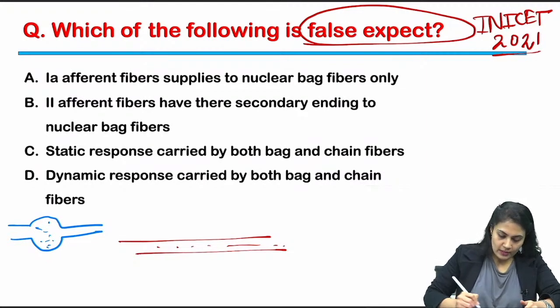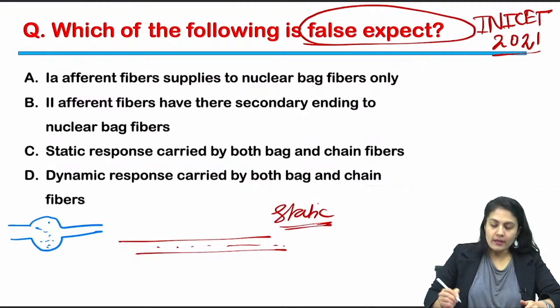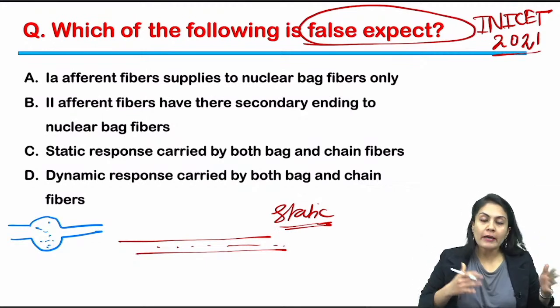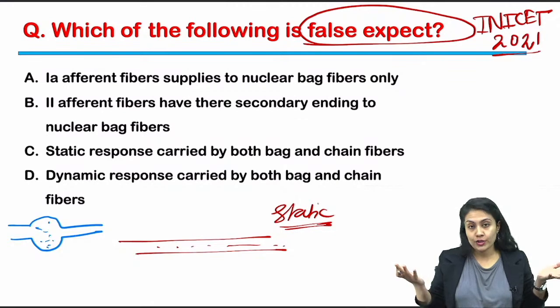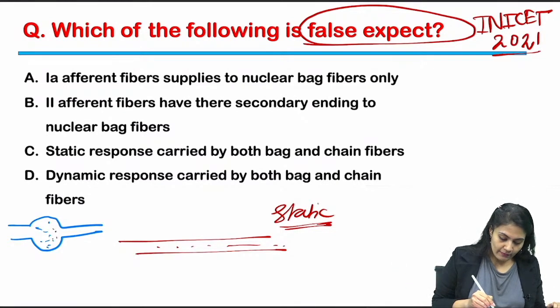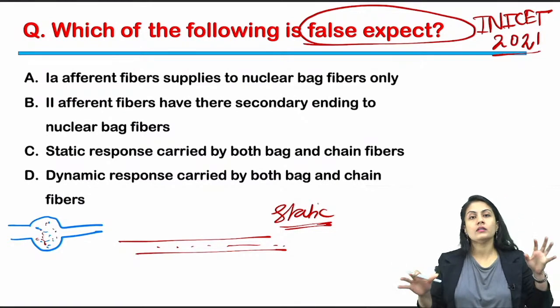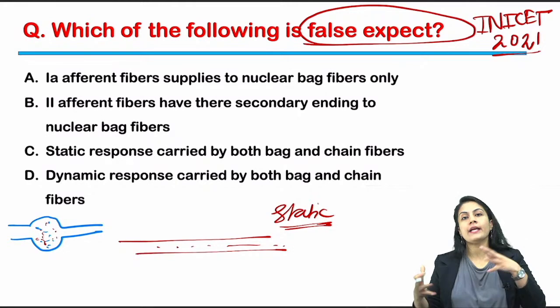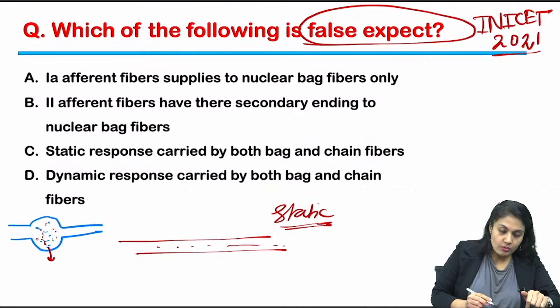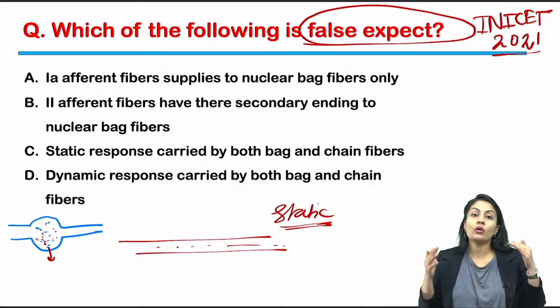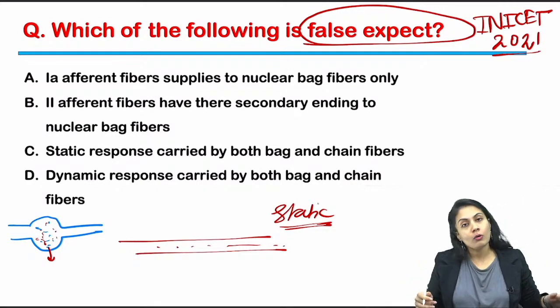Why are they static ones? Because they can sense the initial and final length, how it is changed, right? How much it is changed rather. But the bag fibers, they are going to have the nuclei in all directions, so they can sense both static and dynamic. So they are going to sense the length also, velocity also, momentum also,